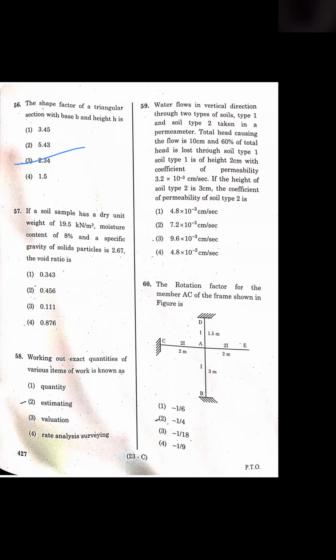If the soil sample has a dry unit weight of 19.5, moisture is 8%, and the specific gravity of solid is 2.6, the void ratio is 0.343. Work out the extra quantity of various items of work in estimating,